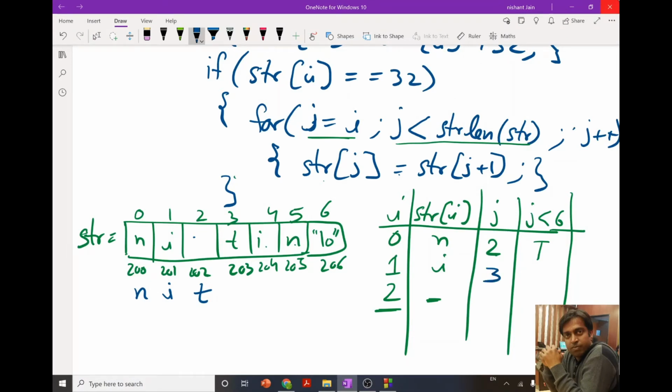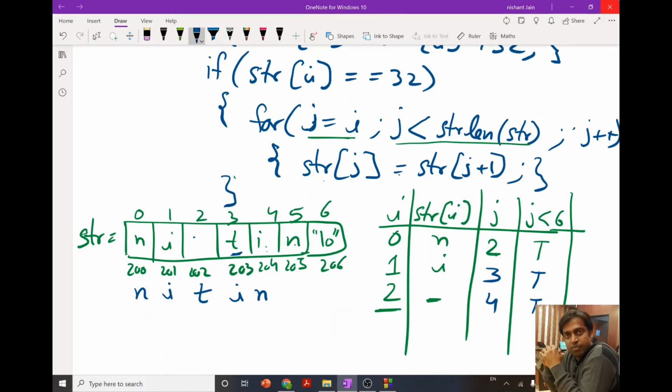Still this condition is true. Since it is true, I again execute str[j] equals str[j plus 1]. This time j is 3, so str[3] is equal to str[4], so this becomes I. Now again the value of j increments by 1, and again this condition is true, so we execute str[j] equals str[j plus 1], and this time N is shifted to this.